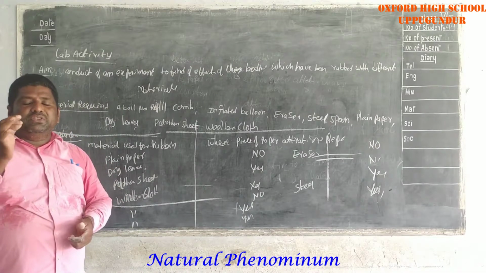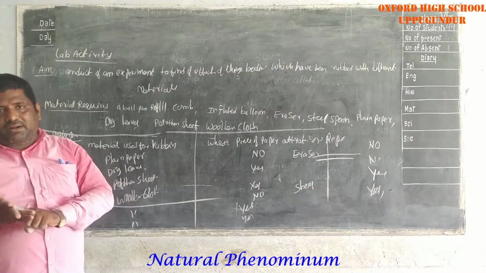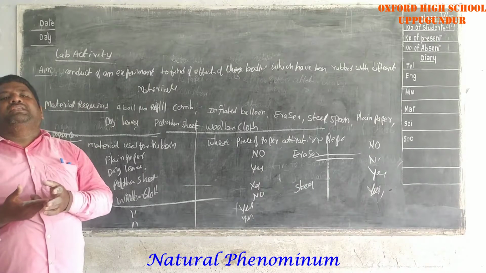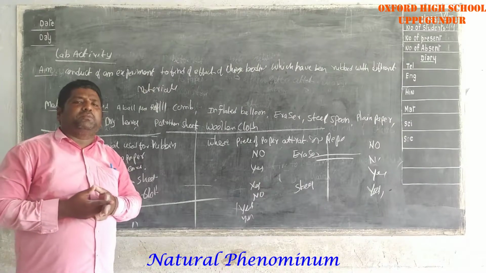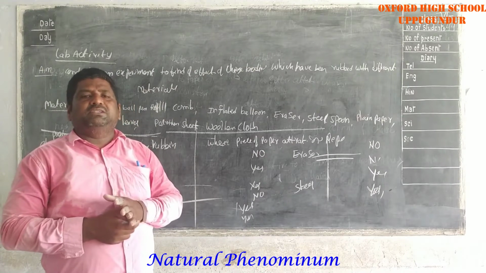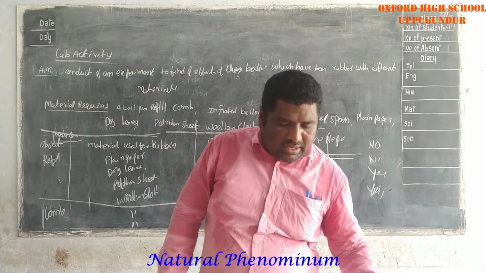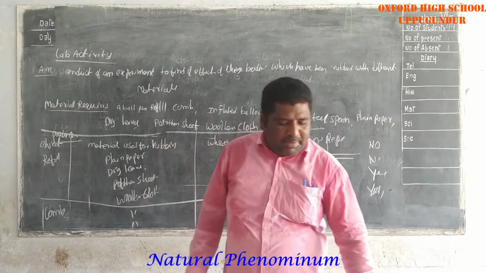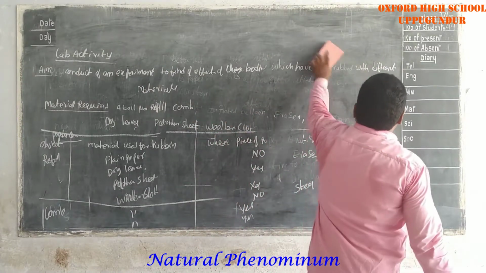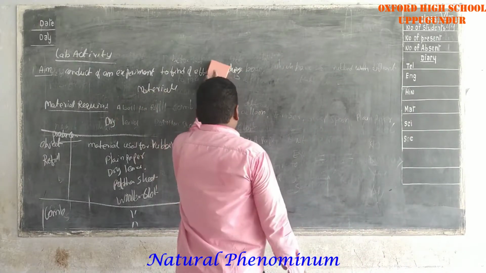So in this table we are learning that some objects, when rubbed with another material, immediately get attractive power. That means they get charge. And some objects did not get charged, so they do not attract them. Next, to conduct an experiment on the presence of a charged body, I take one experiment. This experiment is most important from the examination point of view.